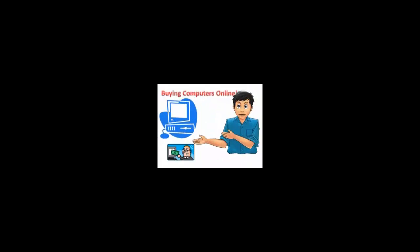When buying your computer online, some important things to consider are what the computer will be used for. For example, if your new computer is going to be used primarily for playing games, you'll need to consider having a graphics card included when you are buying a computer online. Also, the computer will need a higher processor speed and a lot more random access memory, or RAM, which will